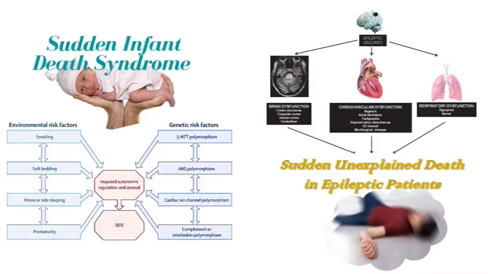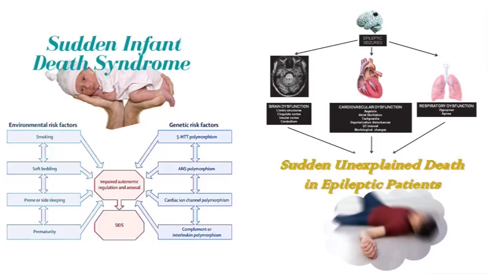Similarly, another category of people who have this sudden unexplained deaths are people who have epilepsy. Now, people with epilepsy can die from various reasons. For example, even while they're fitting, they may actually aspirate themselves, or they may fall into some kind of hazardous environment, like say, for example, they may fall into water and drown, or they may fall from a height. So in these situations, of course, the cause of death would be clear. It would be either drowning, or because of head injury following the fall, and so on.